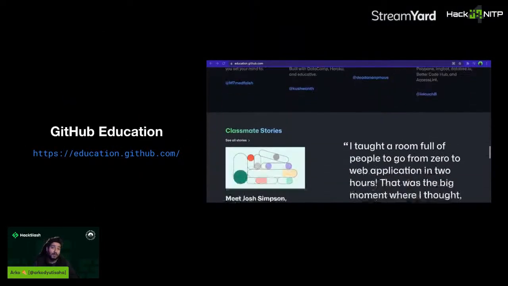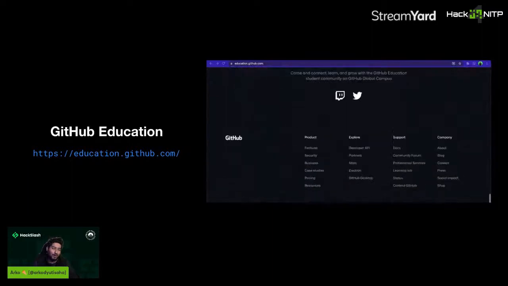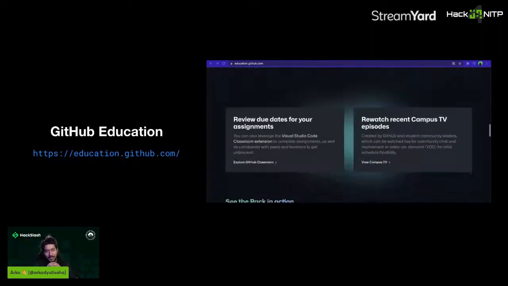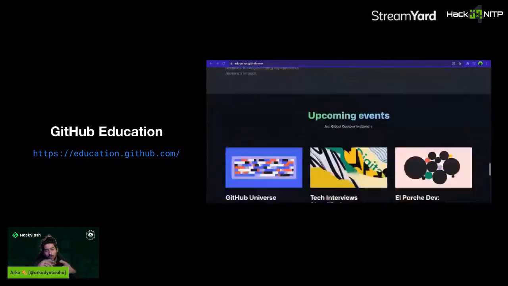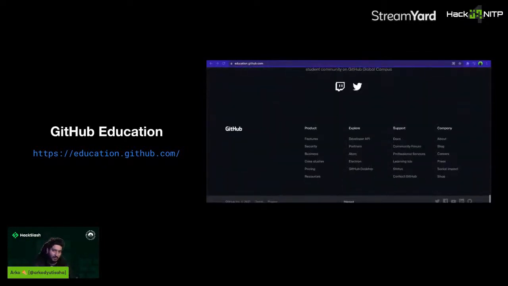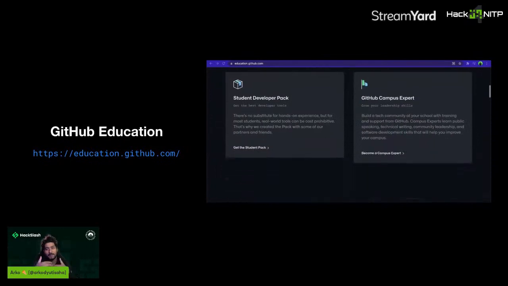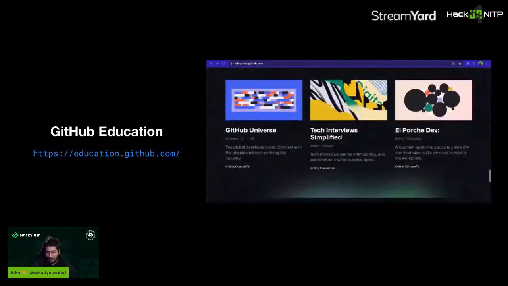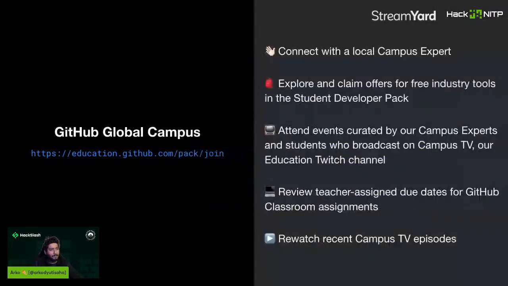So where do you find all of this? That's pretty much all on GitHub Education. That's like the hub, I would say. If you want to know what it is for a student, you find it on education.github.com. If you want to know what the journey is for a faculty or a teacher, that's again on the same. So ideally, if we have to break down a journey for anybody, you as a student who is trying